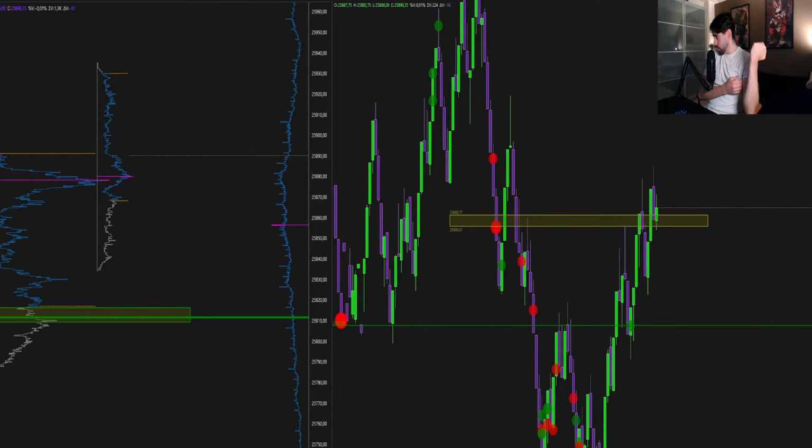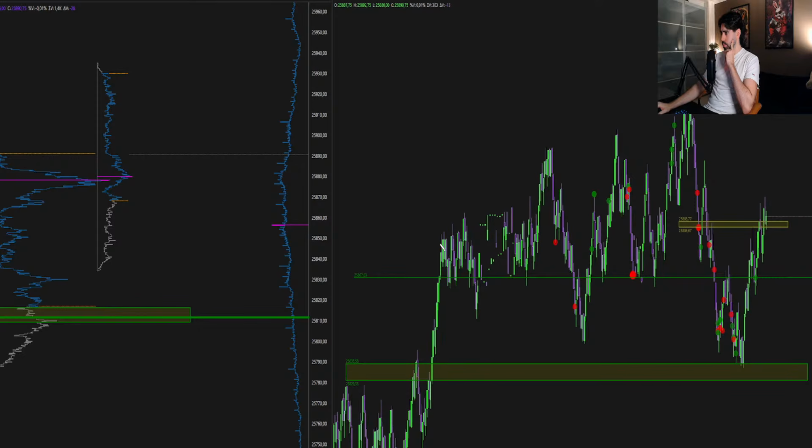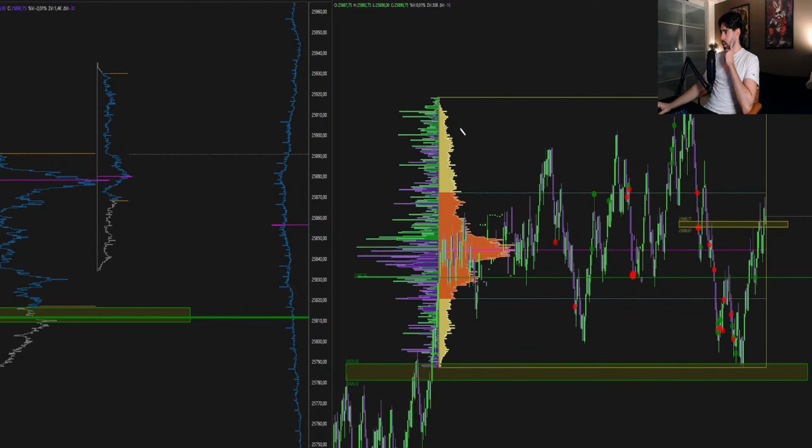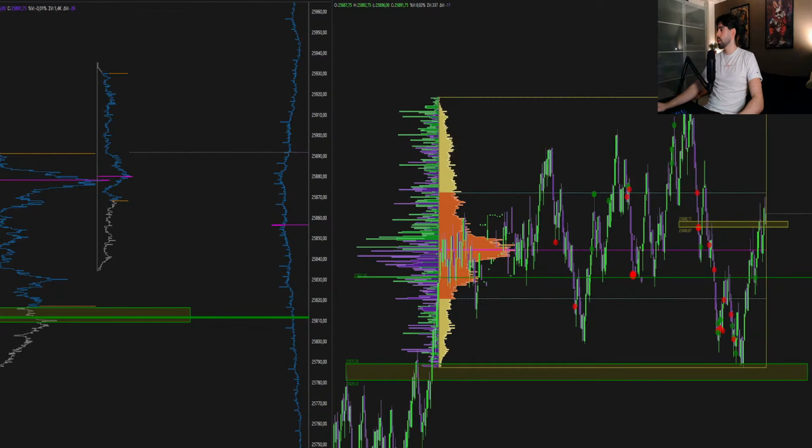Sellers might reclaim their level. Wait, hello, does Fabio trade on POC? POC is usually a balanced area, and he stays out of them. What Fabio advises and what he usually does is this: he takes trades on the extremes, so here and here. He doesn't trade in the middle because we will most likely just bounce around and you will get flicked out 100 times. So if he takes a trade here, we aim for the POC or value area high.